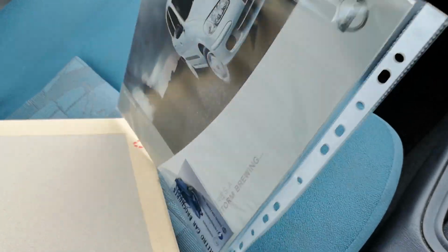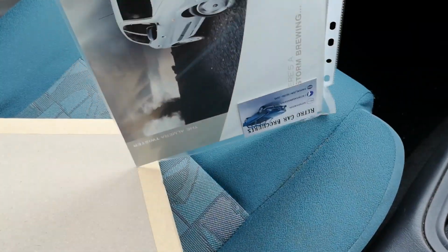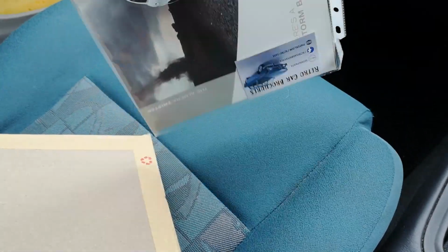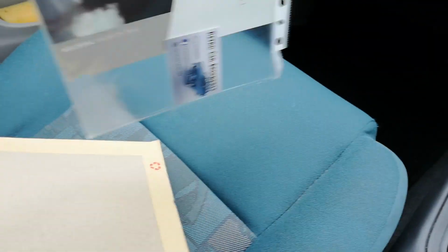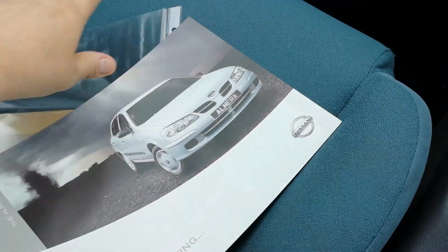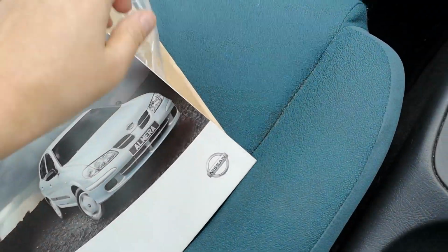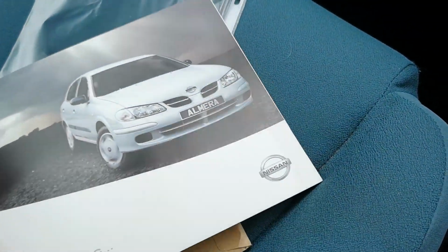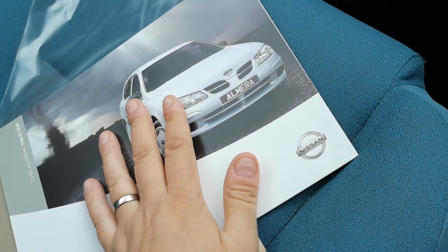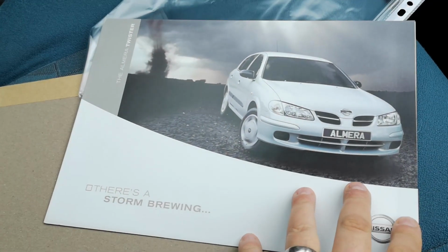Let's get started. Here's the brochure, and what I'm going to be doing is comparing certain things in the car to another vehicle from this era which I know quite well, that being the Vauxhall Astra G, or Opel Astra G. So the Astra, which came between 1998 and 2004. Now the Almera was from 2000 to 2006, and until the